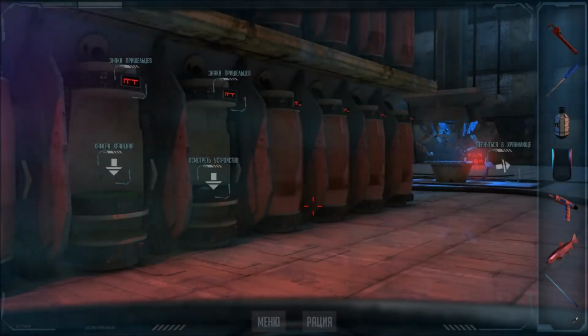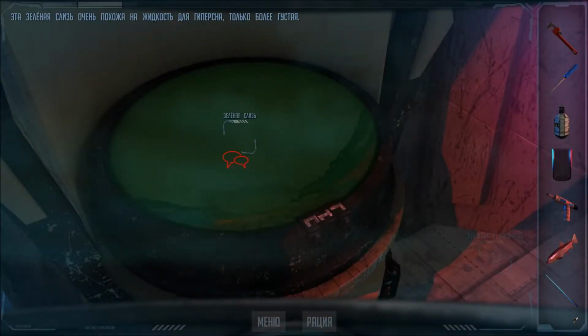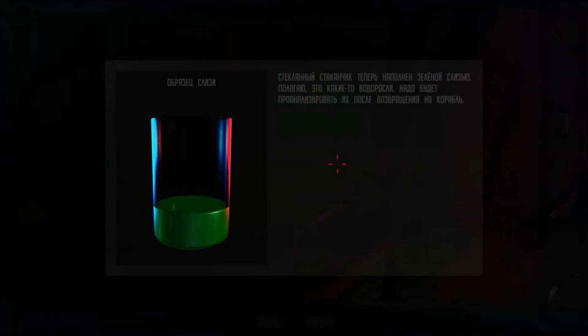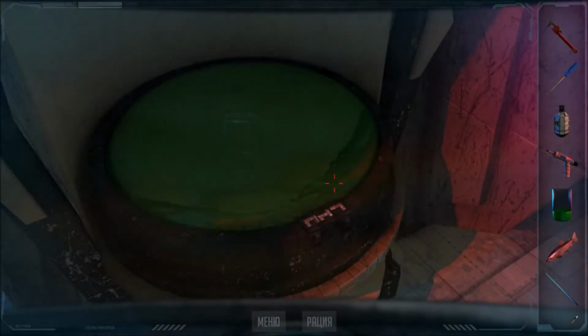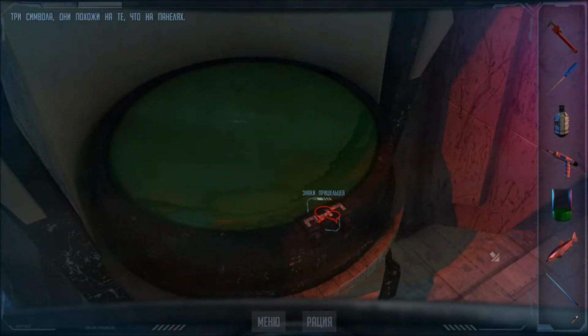Я тоже не могу. It's a green goo that looks exactly like our hibernation fluid, only a lot thicker. Шо, вот так вот? Вообще другие коды. It's 3 symbols, similar to those I've seen on the...